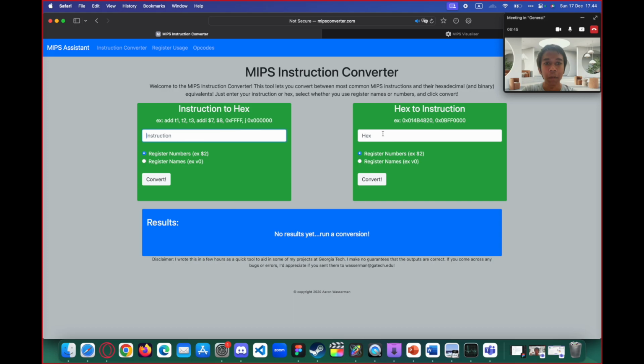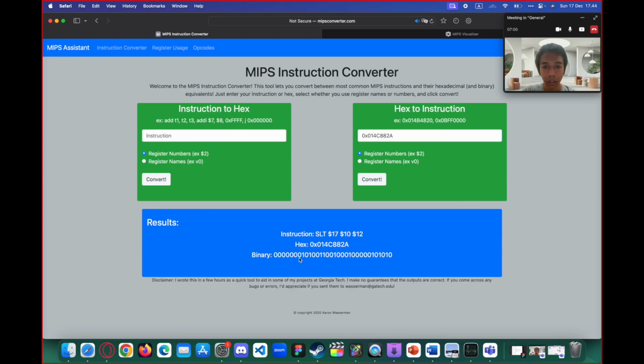So that is from hex. So we go to this box. We need to convert it. So this is the conversion. It's SLT, set less than instruction, to the destination of address 17, from address 10 and address 12. This is the hex, and then this is the binary.